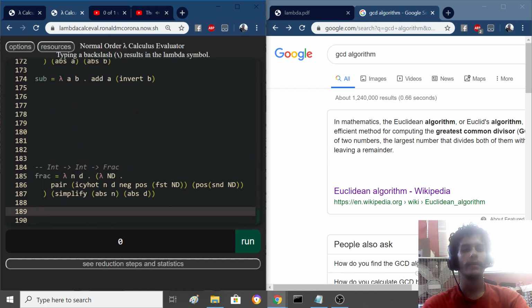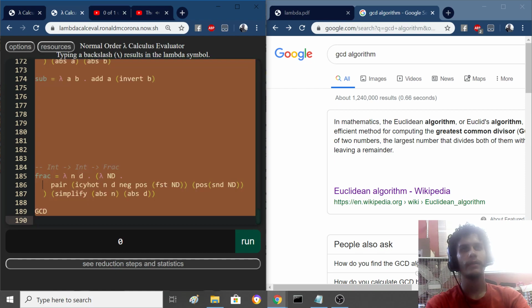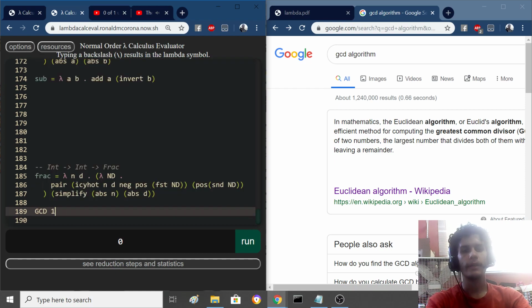Let's test it out. GCD 10 and 11. How about 6 and 9? Should be 3. 12 and 16 should be 4. 12 and 12 plus 12